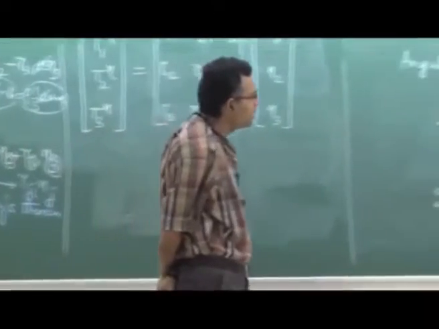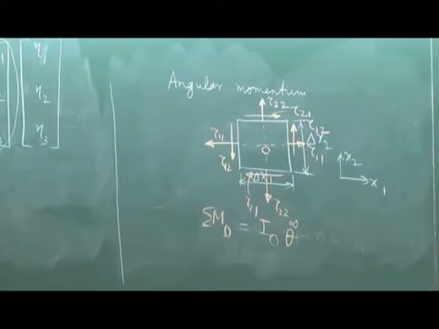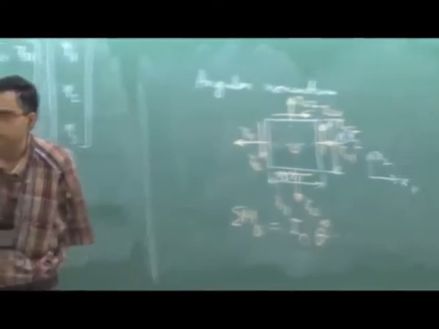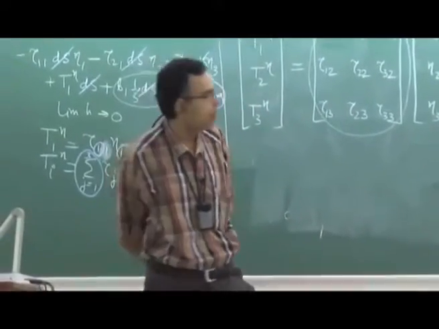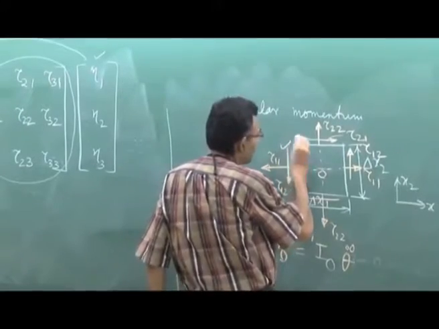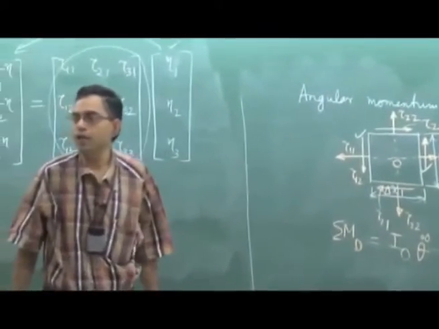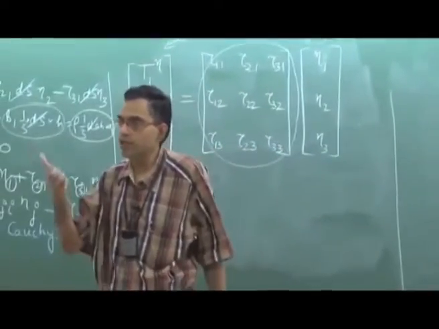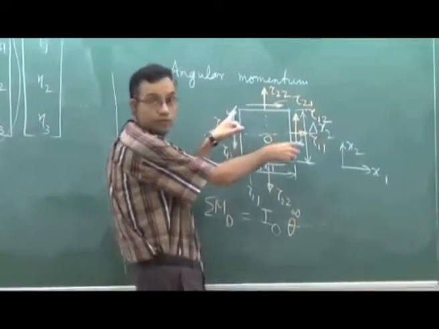So clearly you can see, when you are talking about moments of forces, the normal components of stresses will not matter because they all pass through O. Only the shear components will give rise to moments. What kind of moments? If you take these two shear components, they will form a couple. Therefore the moment is a couple moment. So what is the couple moment of these two?